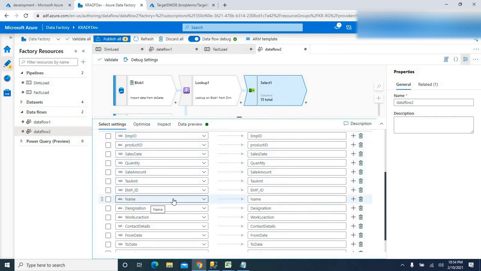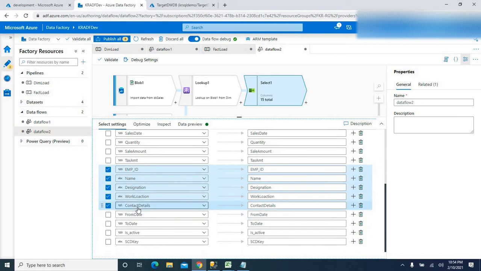Next, I don't want employee name to be populated. I don't want employee ID populated again because we already got employee ID coming from the source file. I don't want designation, location, or contact details, because those are already there in the dimension table. Why should I maintain them again in the fact table, right?